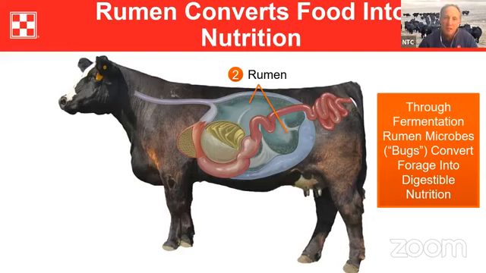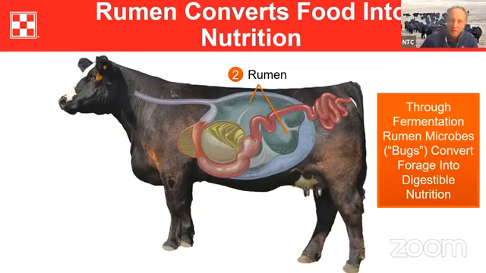Of course, then we will go into the rumen, and that's where we'll spend quite a bit of time talking about this evening. That is a 40 to 50 gallon muscular container, and it is anaerobic, meaning there is no air in the rumen. The bugs, as we'll talk about throughout this, don't survive in the presence of air. So it is an anaerobic environment, and that is a very large, smooth muscle, which means the rumen has involuntary contractions. And so that large muscle continually churns the food that the cow consumes and makes it available for those microbes to